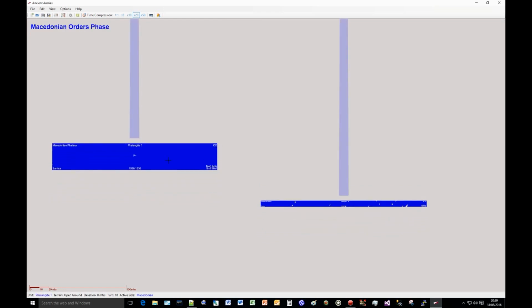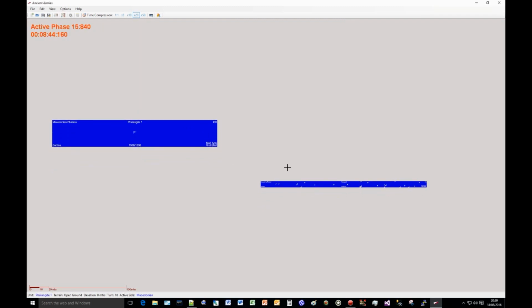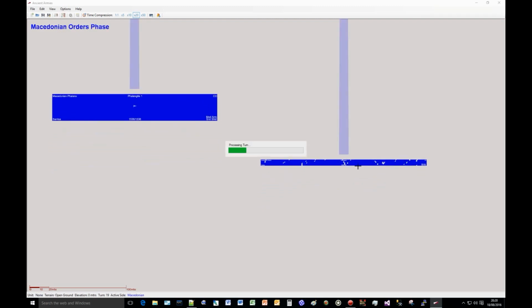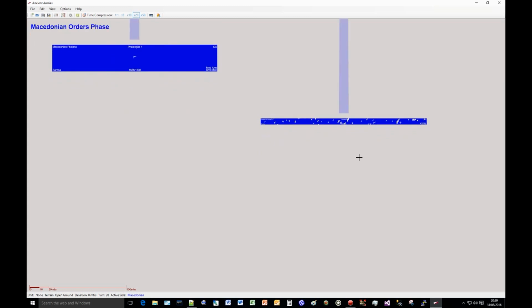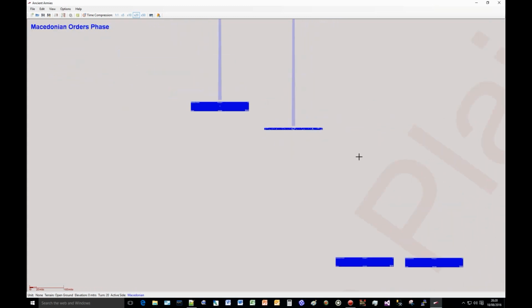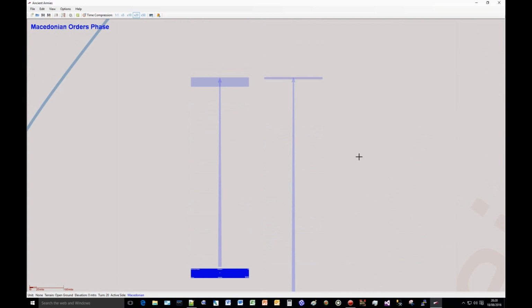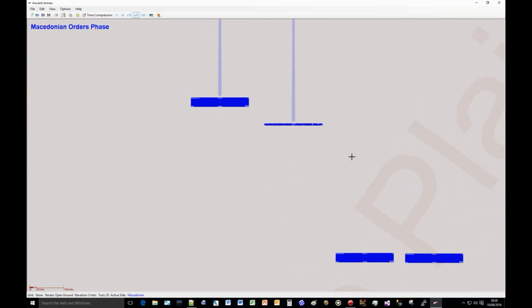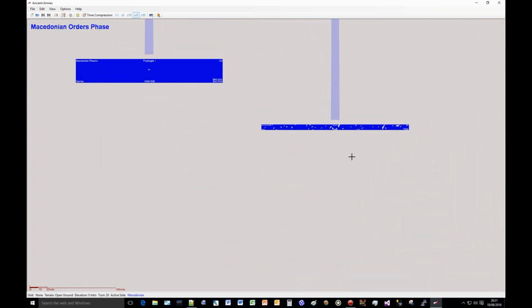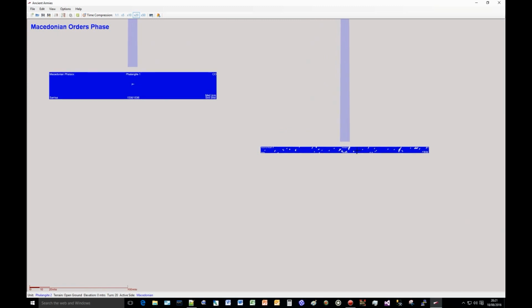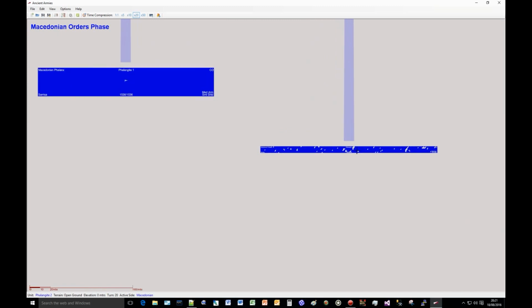So you see the open formation still hasn't received any kind of cohesion damage. The battle formation is taking quite a lot of cohesion damage, and what's the distance there? That's about what we're looking at. It's a little under 500 meters. It's taken quite a lot of cohesion damage, and I think